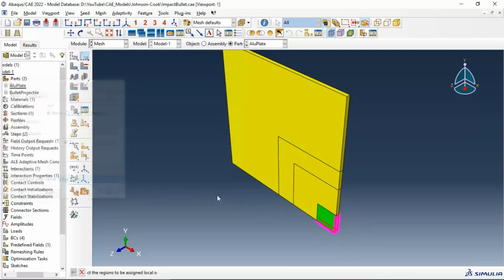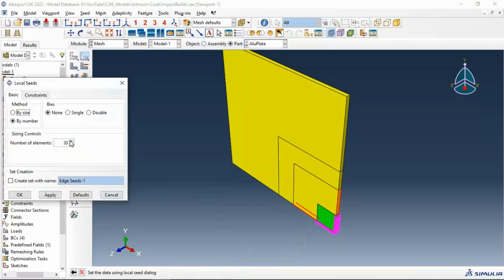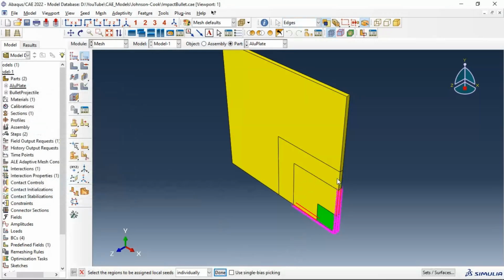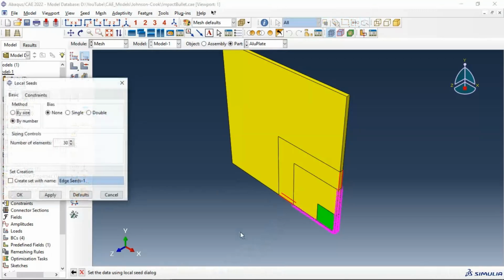Click OK. Apply. OK. Let's use just 50 millimeter, 50 elements or less. Let's use 10,